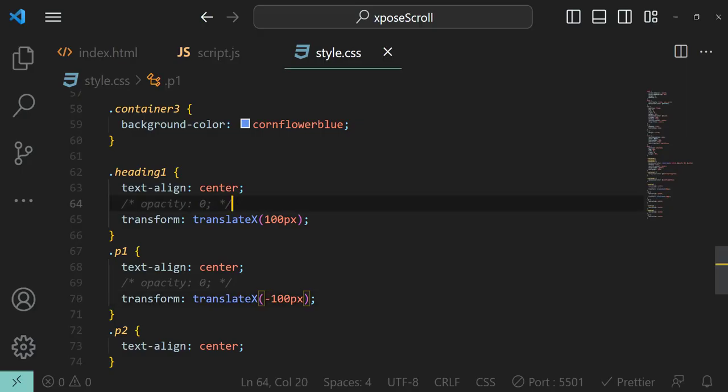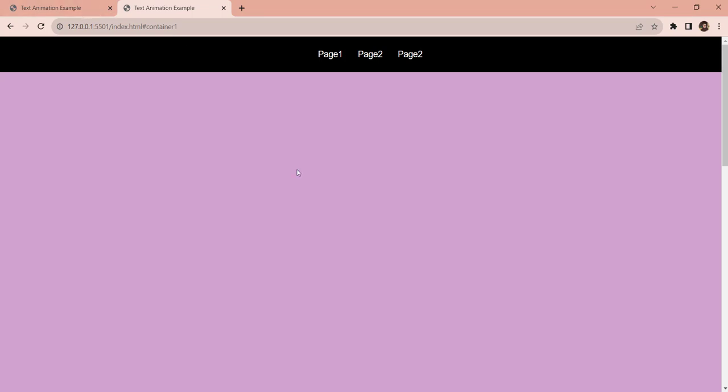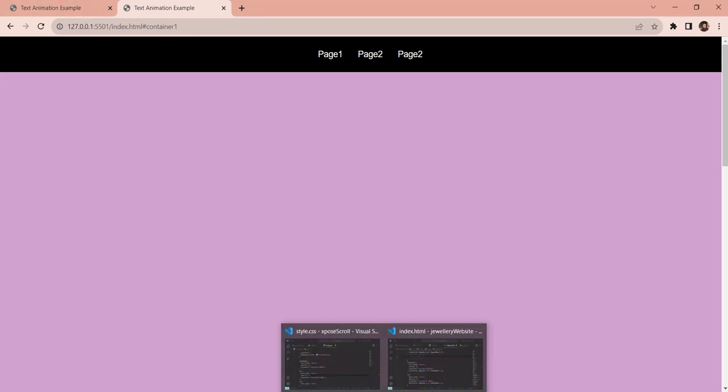But now we have to make it disappear. So initially we have displaced them 100 pixels to left and 100 pixels to right from their original positions. So this is the first step. Now you can see it has disappeared. Now the next step is,